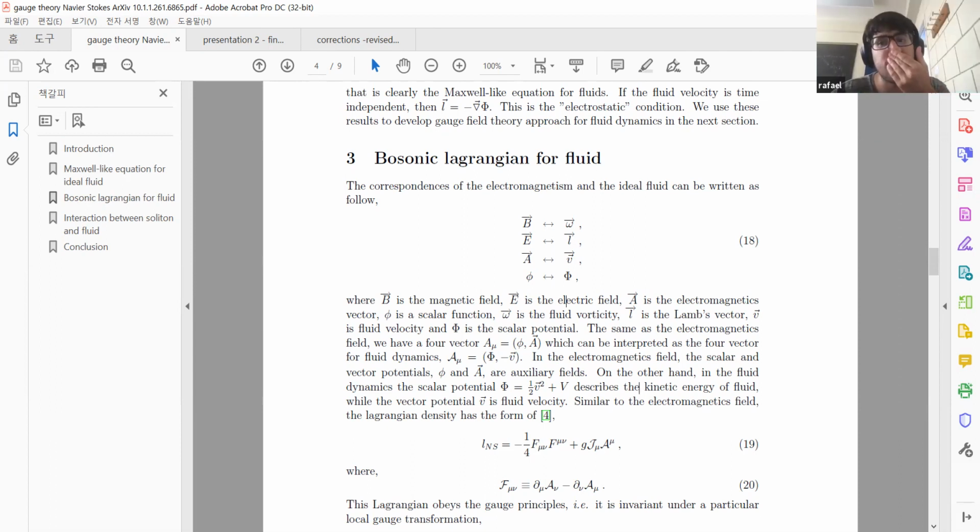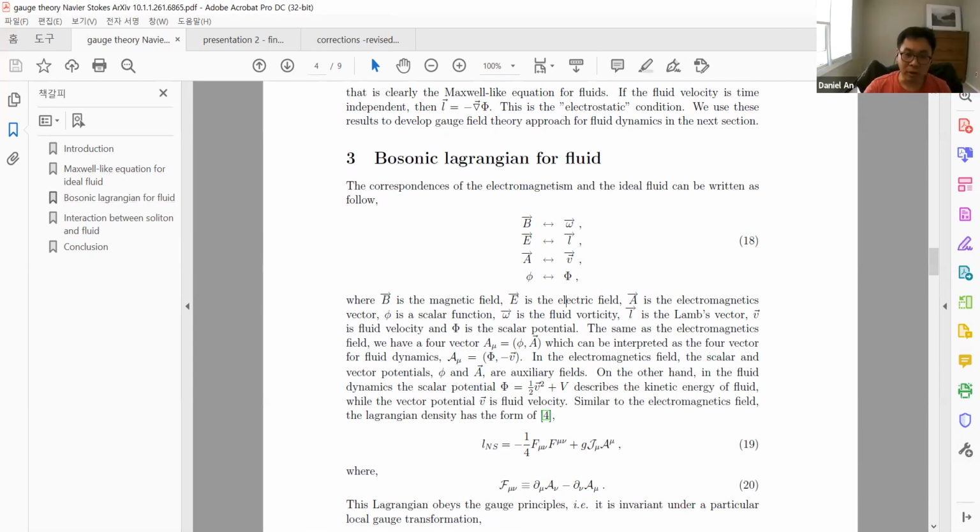So maybe the gauge theory is, as you said, just a mechanism to derive the equations of motion, but it doesn't actually shed light directly onto those equations of motion. It's just a way for you to write down a Lagrangian and then push through to get fluid dynamic equations. Is that right? Because I think what I'm trying to do is make a connection between the gauge theory and QFT that you've been talking about and fluid dynamics, but it doesn't seem like that connection is so clear, other than that you can write down some Lagrangian and then do some calculations to push out a fluid dynamics equation. Yes, that's all for now.